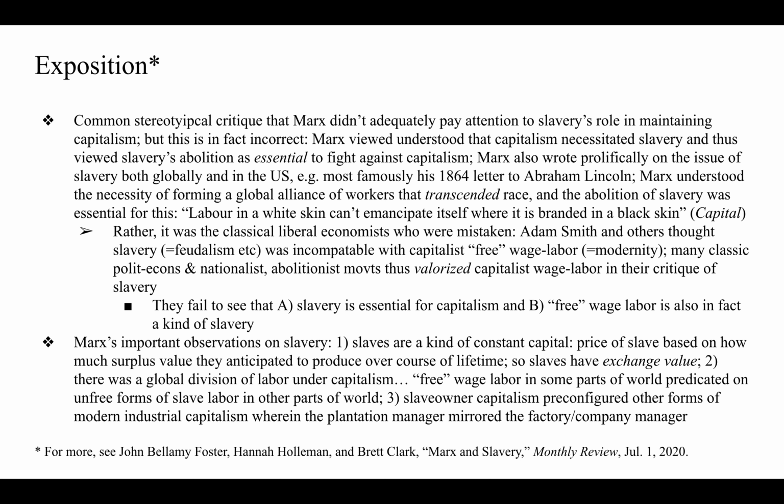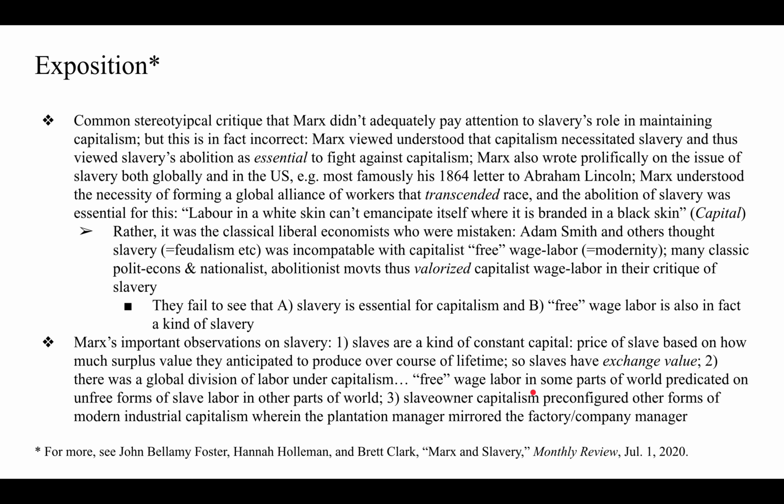But in the case of slaves, it's all a known factor from the beginning. All of this is anticipated, how much a slave is expected to produce from the beginning. And that is the source of capitalist value and profit for the slave owners. And that is what then determines the price of the slave in advance.